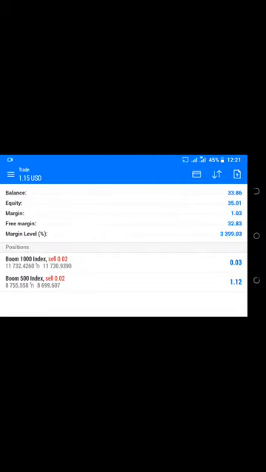You can see my account balance now is at 35, and you can see this trade I picked it today. Yesterday's trade took the account from 30 to 33, and now the account is at 35. This is the power of trading a minimal lot size. And then you don't just trade a minimal lot size, you know that you have a healthy margin percentage, 3000. Even though I'm trading boom 1000 and boom 500, you can see the lot size is at 0.02. You have a healthy free margin, and then your trade has a breathing space.